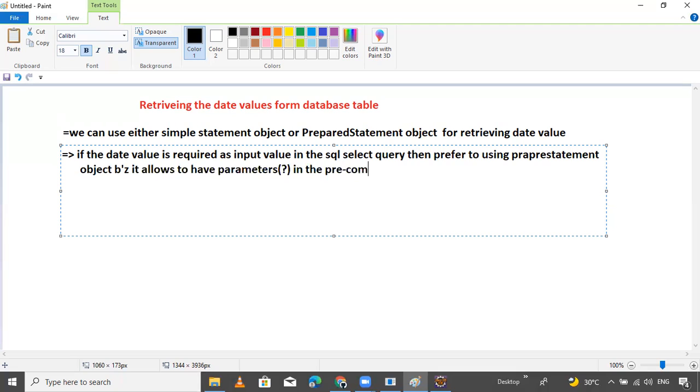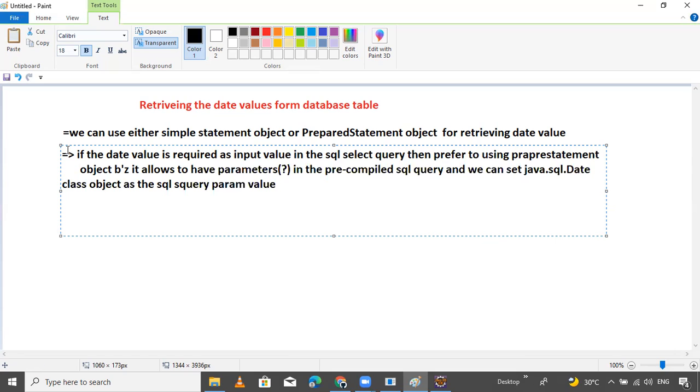In the pre-compiled SQL query, we can set a java.sql.Date class object as the SQL query parameter.